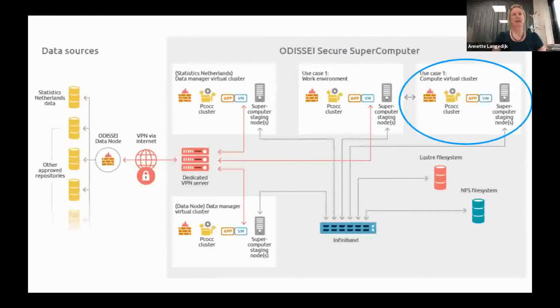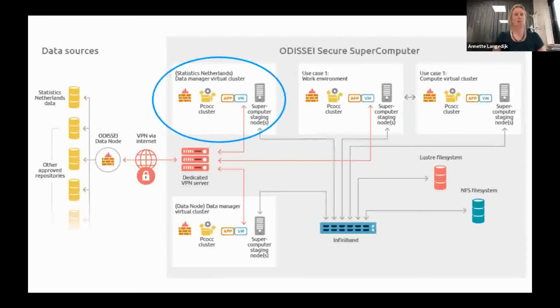When that's ready, they go to the compute environment. And why not work directly on the compute environment? That's because it's very expensive, of course, to reserve part of the supercomputer if you're only testing something. Next one. There's also the possibility that not only data from Statistics Netherlands is used, but for example,